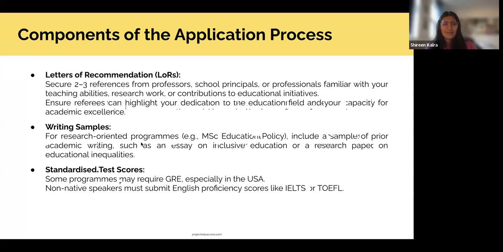And if there's one thing I have to say about LORs, it's just start early, because most academics take time. You need to convince them. There's a lot of back and forth on email. So start early with figuring out who you're going to approach for your LORs, and reach out to them, or discuss with them what your interests are, maybe meeting them over a Zoom call or in person, if possible, because that makes your LOR more personalized, and that gives them a clear idea of what to write for you in an LOR.